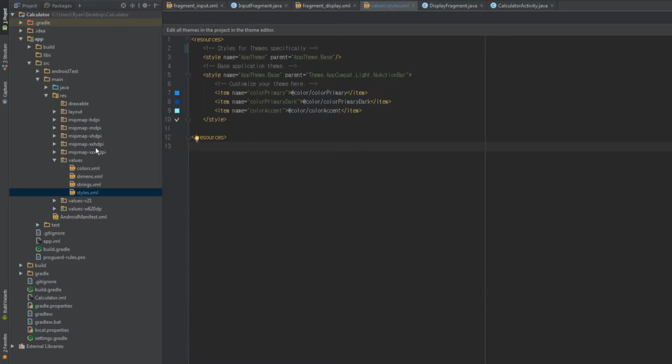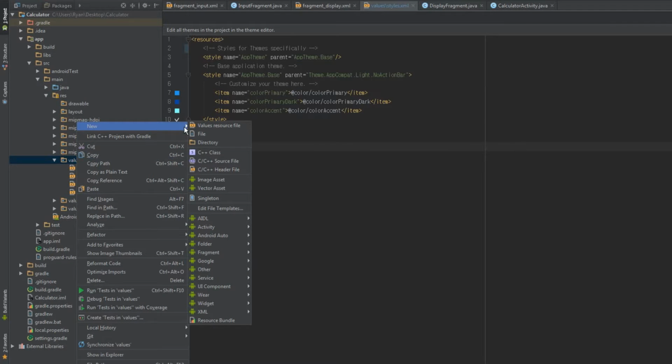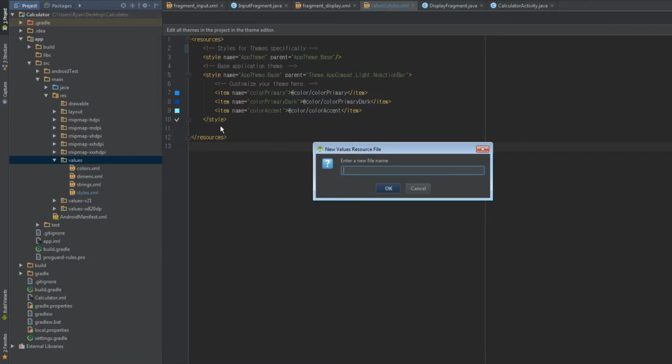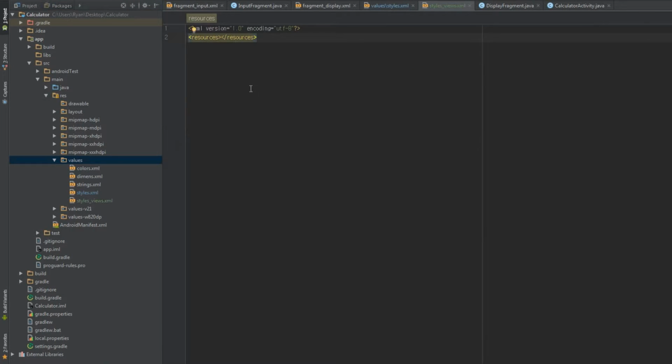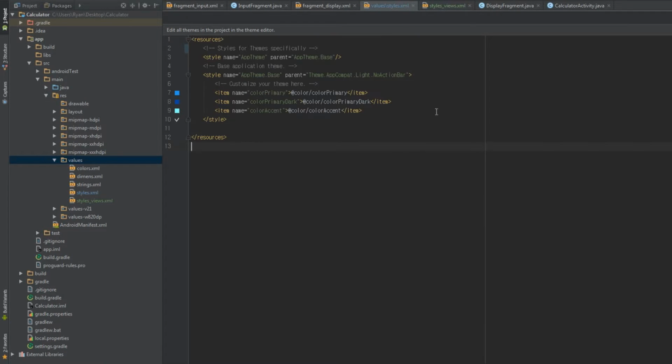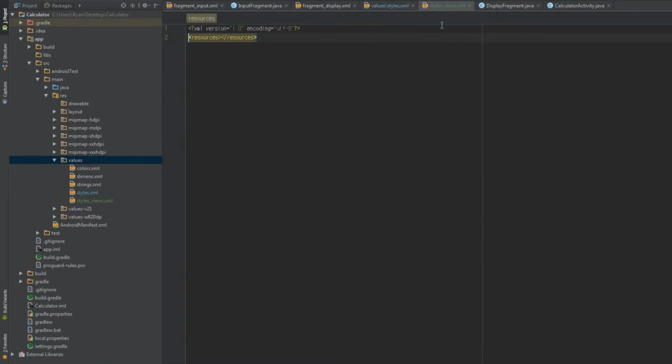So head over to main res, right-click on the values folder, and go new values resource folder. We're going to call this file styles_views. You can really name it whatever you want. In this case, I want to keep my regular styles.xml file for theming, application themes and things like that. And then this other file, styles_views, is going to be for